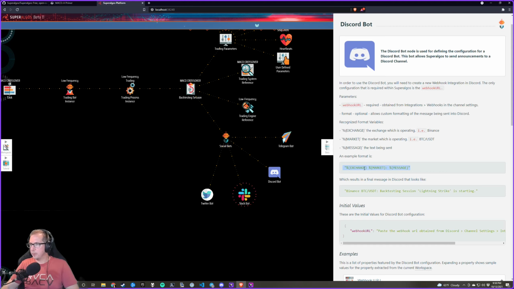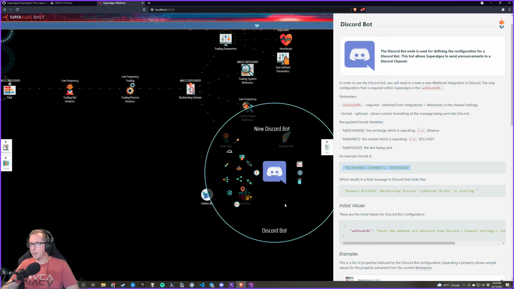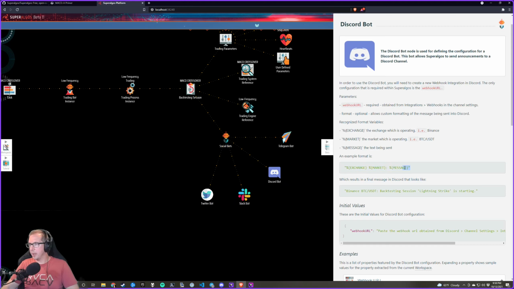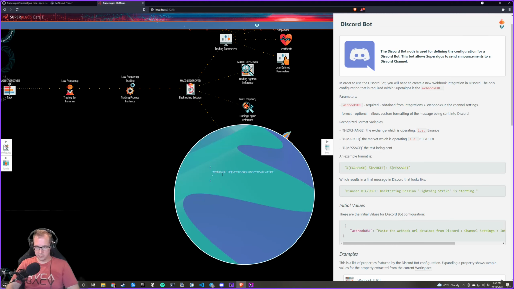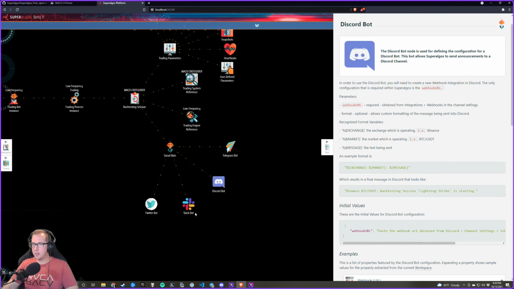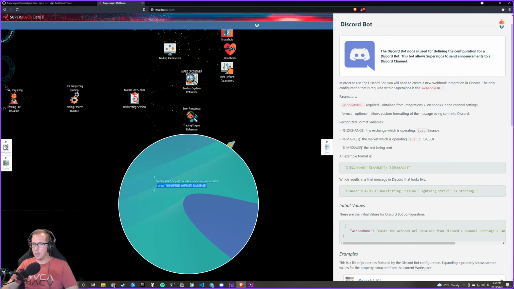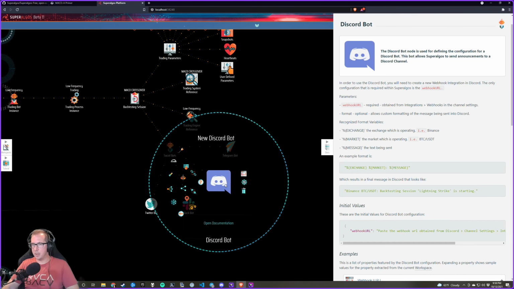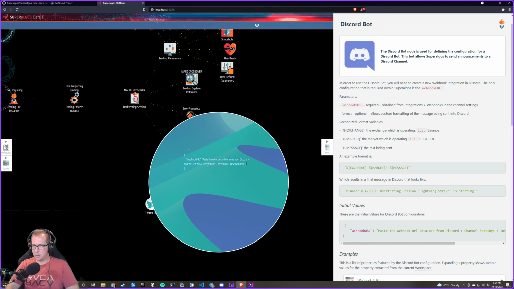So I can add this formatter, and these are really the only variables that we have at the moment, into this configure box. I have webhook URL, and then I have format. And my message format is going to be exchange space market colon message. And you can copy and paste this into Slack bot, it respects that. Discord bot